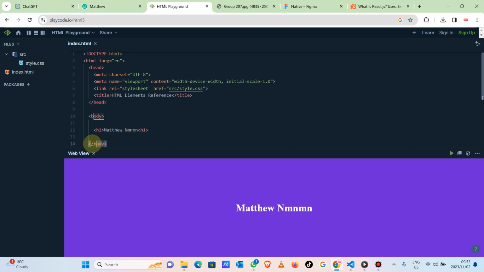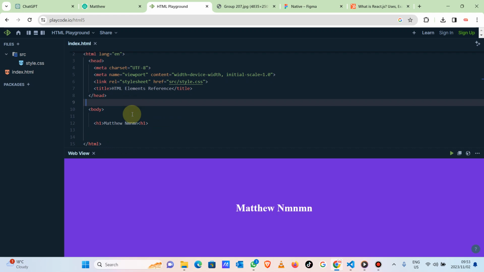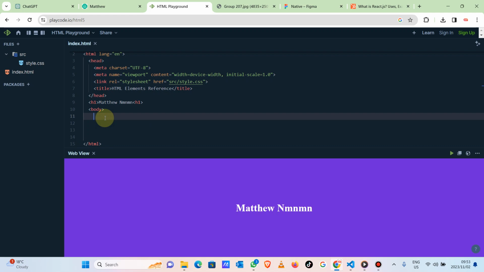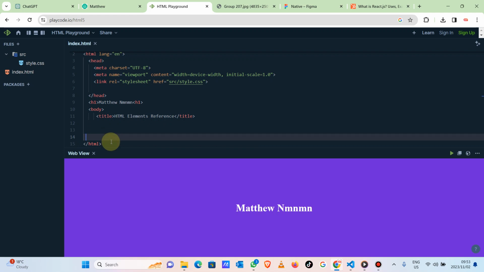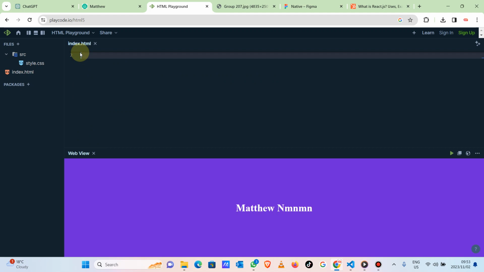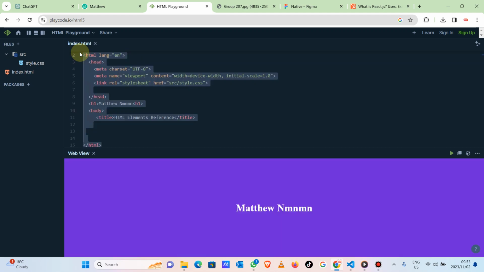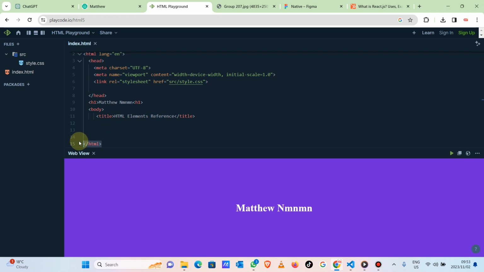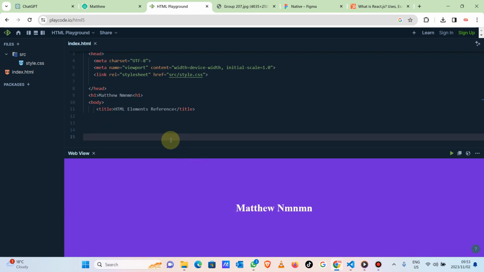Let's go on and remove this body. You were hoping that something is going to break, but still, as you can see, HTML is working. Let's take this and put it here instead and see what will happen. As you can see, HTML is still working. Let's take this title and put it here. As you can see, nothing happens. Let's just delete all of this. As you can see, now something happens. We are doing a lot of changes here, but this code doesn't break. Let's just remove the styling.